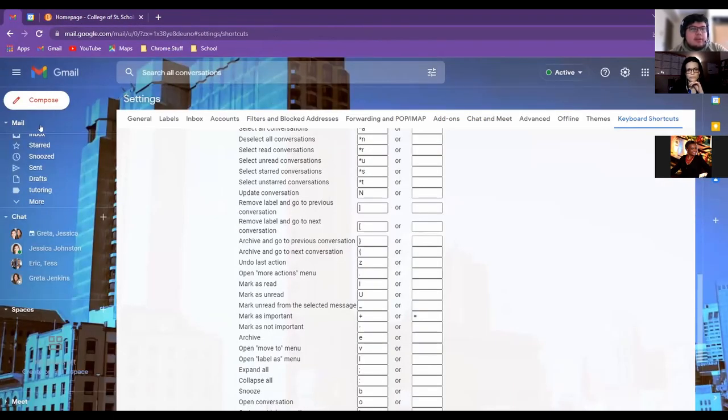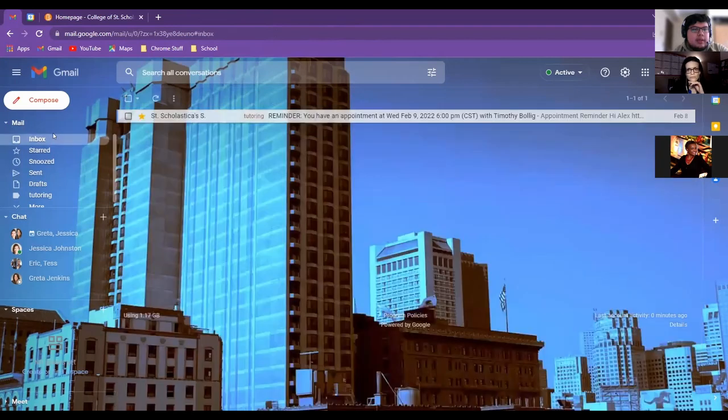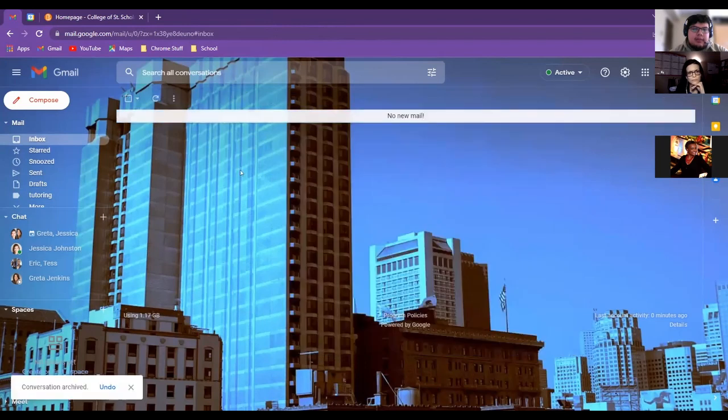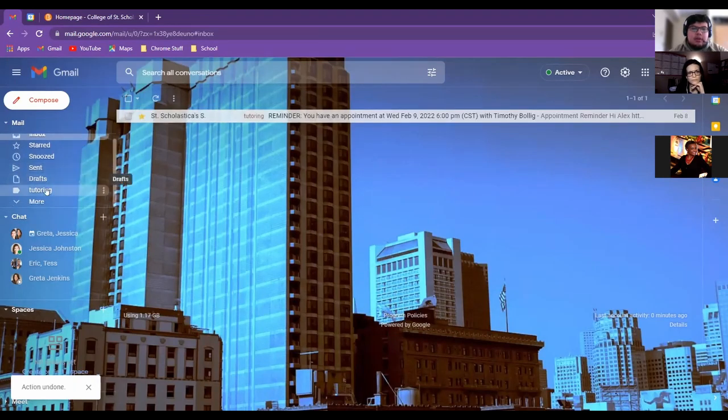Let's see. And then another thing to do is if there's emails that you find important, but you're trying to make more space on your computer and not wanting to have it filled up for months at a time, right-clicking and archiving an email makes it so it goes away from your inbox, but you don't lose the email forever. You can actually undo it at any time, or you can go into, if you go more here,